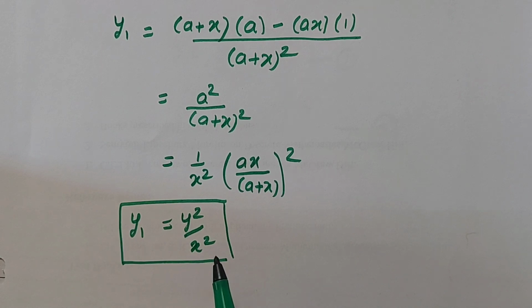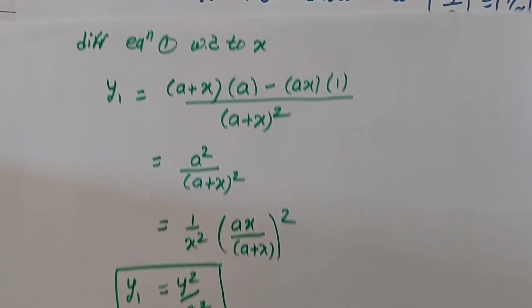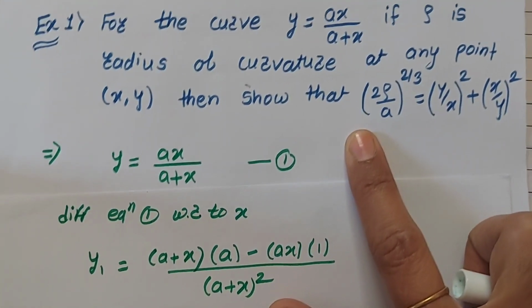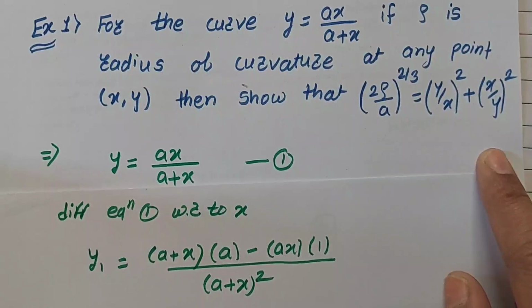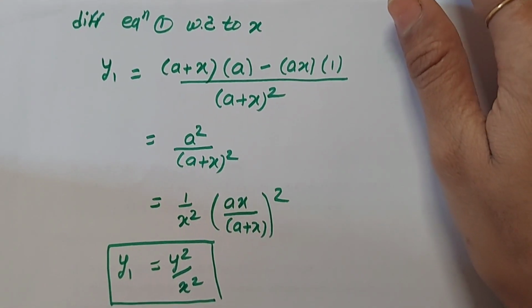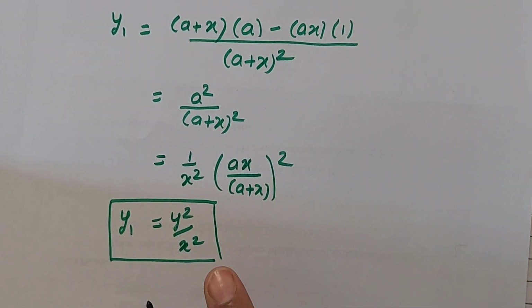ये हमने convert क्यों किया है y में, क्योंकि हमारा जो proof है उसमें सिर्फ y और x content term हैं. Here see, ये जो proof है इसमें हमें answer y और x के form में निकालना है, तो ultimately हमें वही y और x के form में term चाहिए, तो इसीलिए हमने यहीं पे y1 की value y और x में convert कर दी. Now same way we have to find y2.